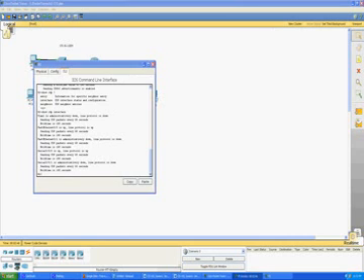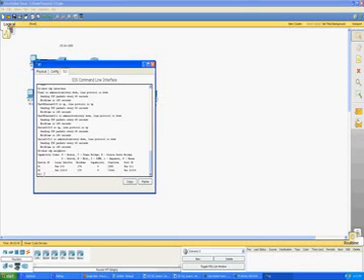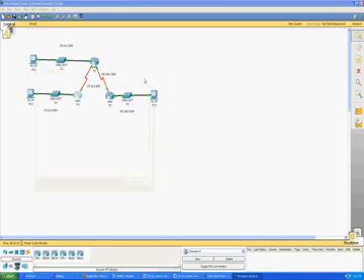Okay, so now if we want to view CDP neighbor information, what we want to do is the command show cdp neighbors. This should show the information about the 3 directly connected devices. Oh, we're on router 1. We wanted to be on router 2. Sorry about that. So on router 2,